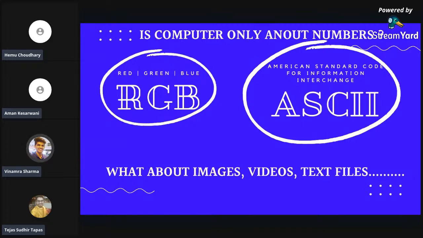Let's say for the representation of A, we have the ASCII value of 65. While A has the ASCII value of 65, no other character throughout the computer can hold that same value, because that value is only reserved for A.